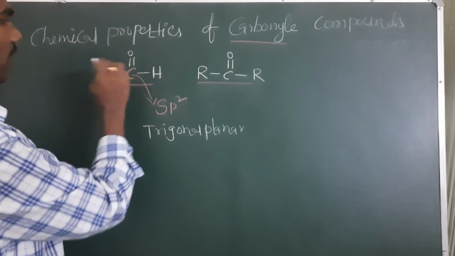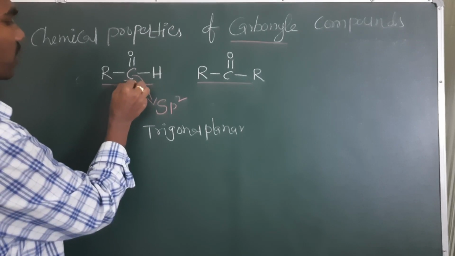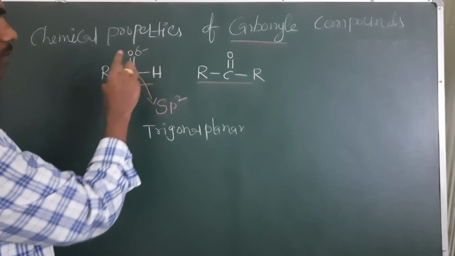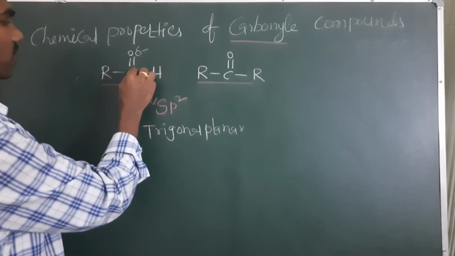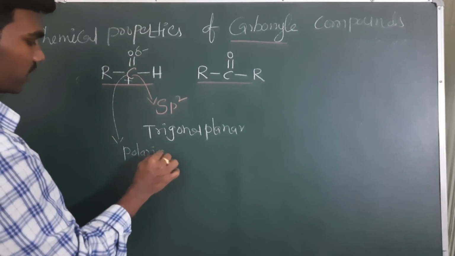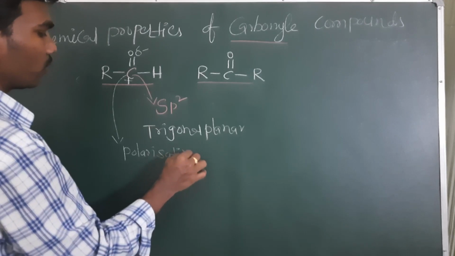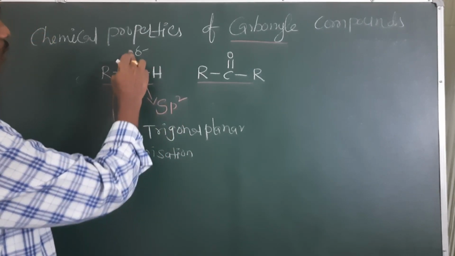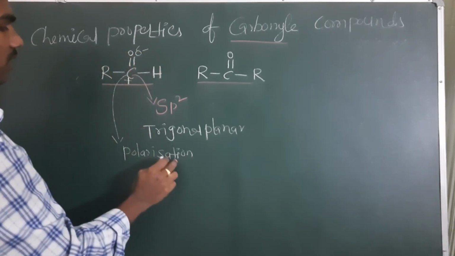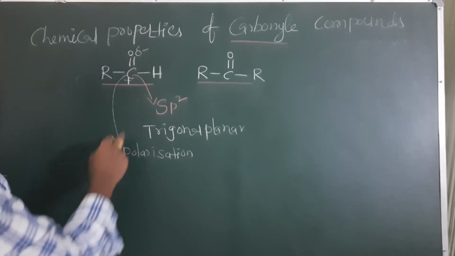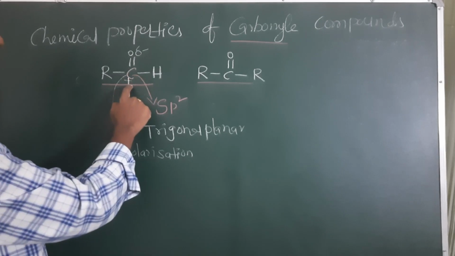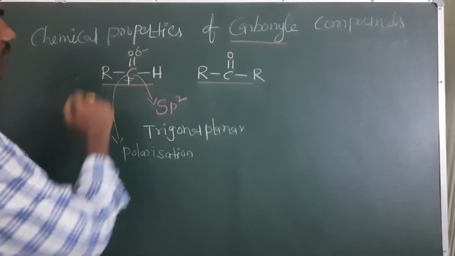Due to the electronegativity difference of carbon and oxygen, carbon will get a partial positive charge and oxygen will get a partial negative charge. Means the carbonyl bond will be polarized. When charges are formed like this, this process is called polarization. So, based on polarization, we can predict easily: here carbon is suffering with electron deficiency, and oxygen is having electron excess.